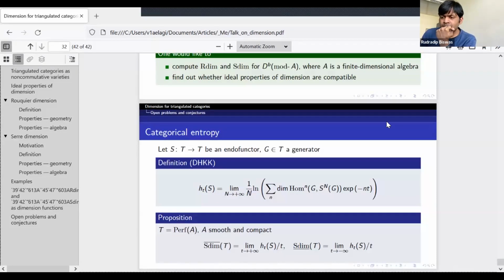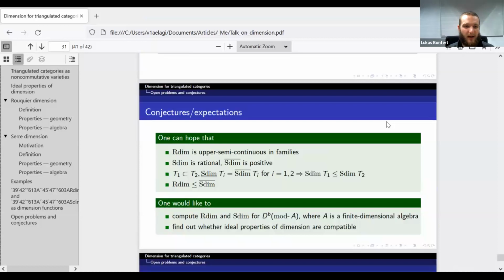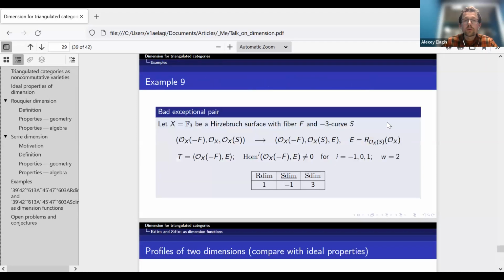Sure. Yes. I think you said it and I probably missed it, but can you repeat how the Rouquier dimension generators, those minimal generators, typically look, for example, for Dynkin quivers? I think you mentioned it, but I missed it somehow. I did not say it. Okay. For Dynkin quivers, which